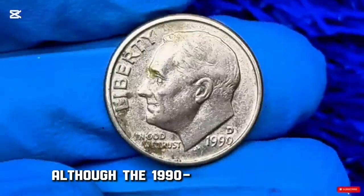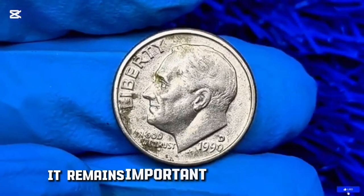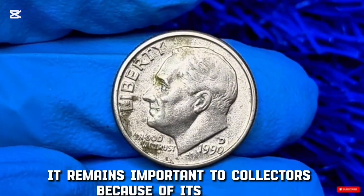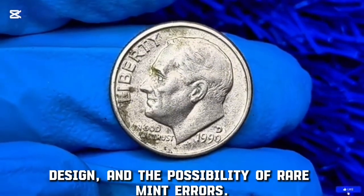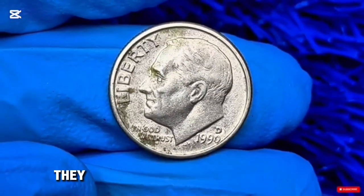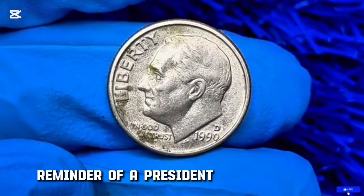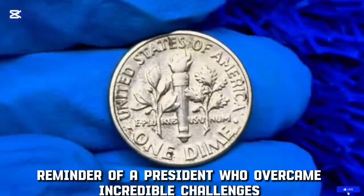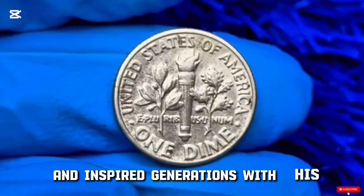Although the 1990 dime does not contain precious metal, it remains important to collectors because of its history, design, and the possibility of rare mint errors. Every time someone spends a 1990 Roosevelt dime, they are holding a small piece of American history, a reminder of a president who overcame incredible challenges, led a nation through hardship, and inspired generations with his courage and